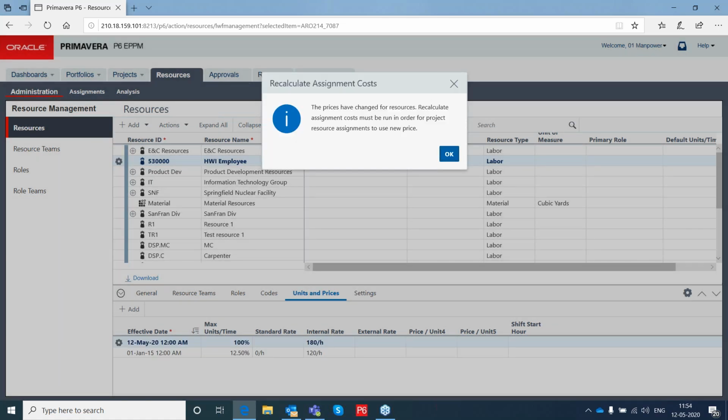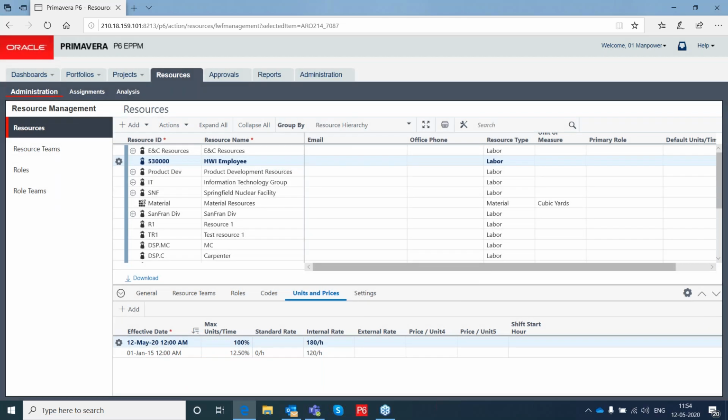So what happens is, when I have such an option, whenever the dates are changing, it calculates based on the old rate till 12th May.